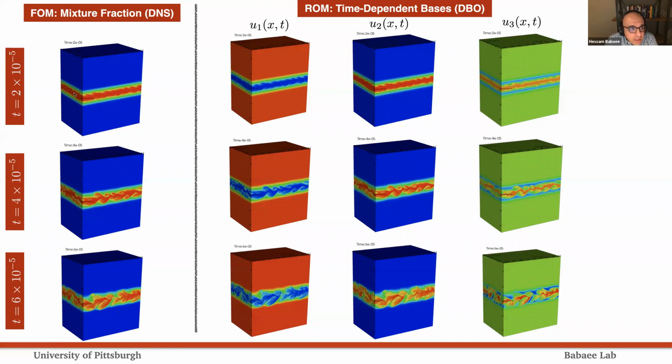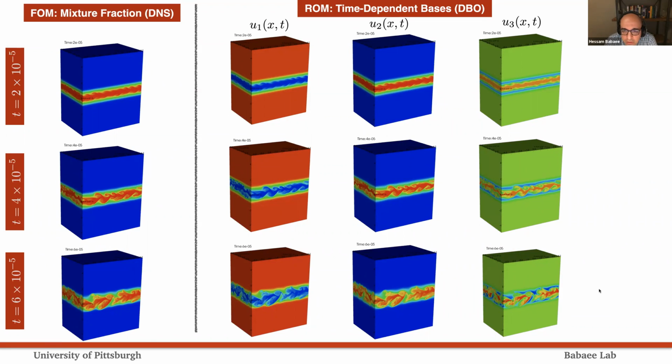Here you can see this is the state of the flow, and the modes are following that flow instantaneously. As the flame evolves, so do the modes. Like I said, the first mode is associated with the largest instantaneous energy, and the second column is associated with the second largest instantaneous energy, and so on and so forth. That's why you capture finer and finer structure as you go to a higher number of modes.